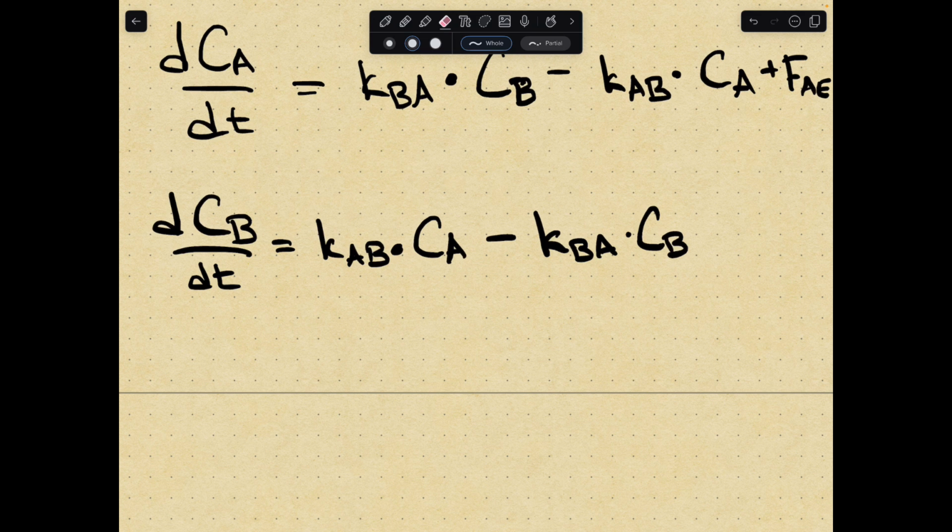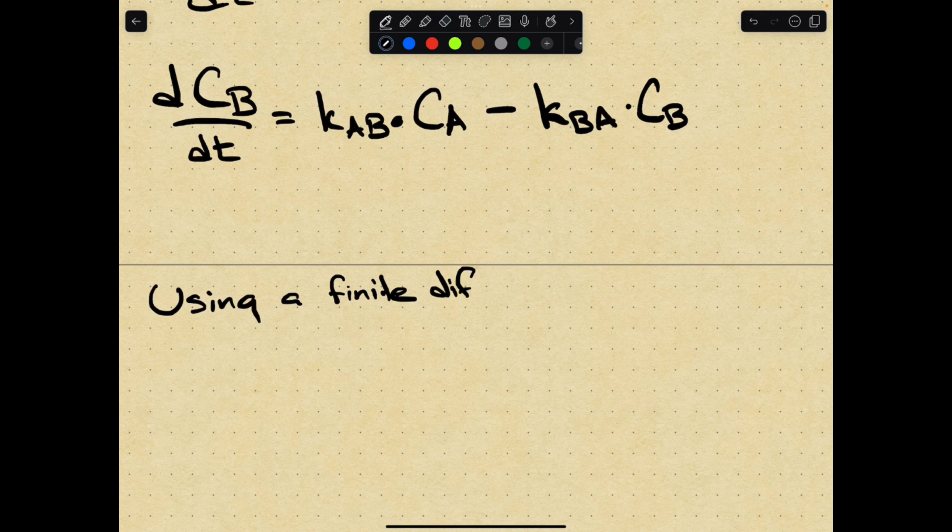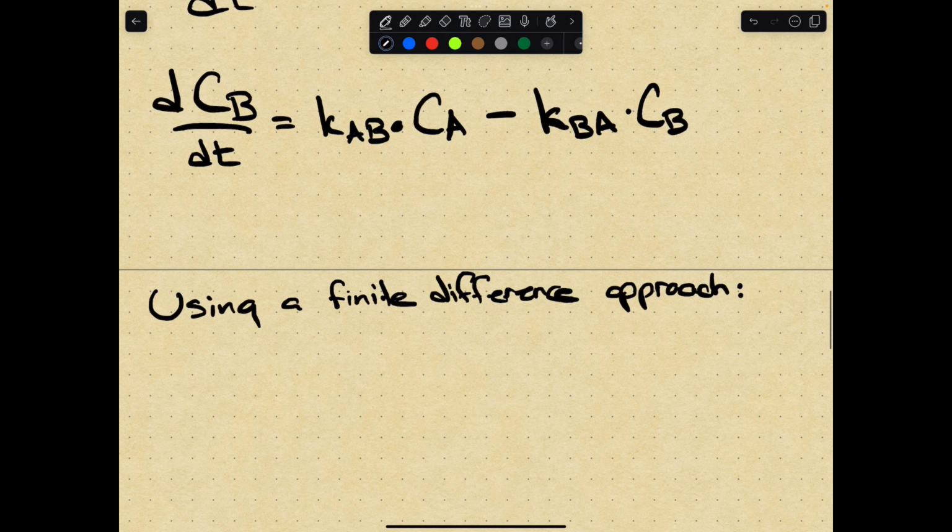So we're going to come up with a finite difference approximation for this, using a finite difference approach. So our dCA